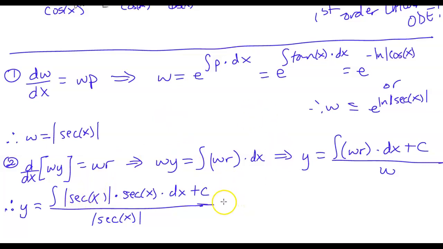So I'm going to rewrite what I have here as follows. Basically, I'm dropping the absolute value signs here, but I need to take into account when